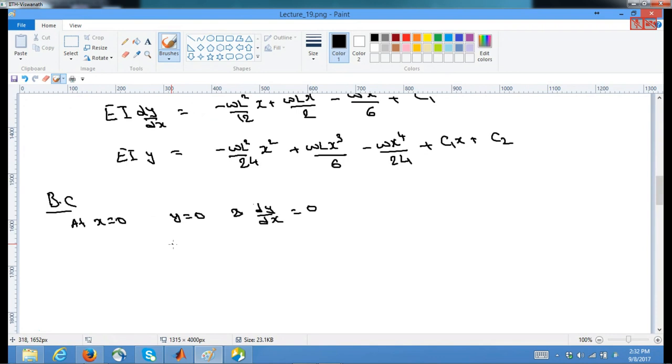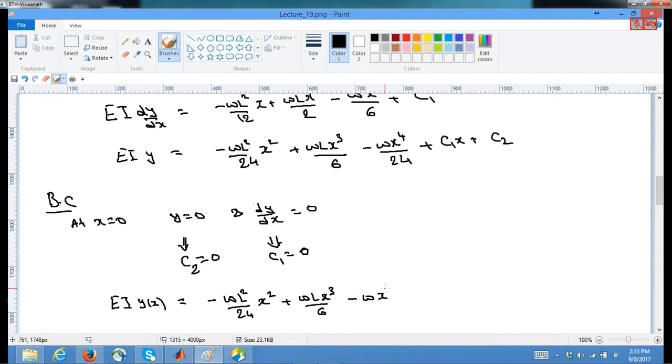So based on that, one can conclude that C2 equals 0, and C1 equals 0, and hence the elastic profile EI y of x is equal to minus WL square by 24 x square plus WL x cube by 6 minus W x to the power 4 by